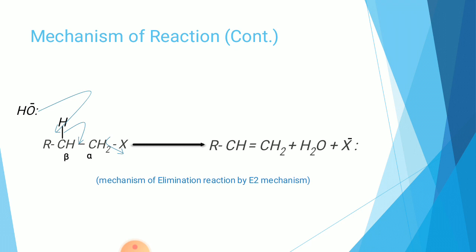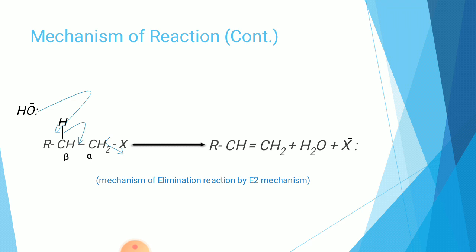So what is the mechanism of E2 reaction? In this reaction also, in presence of a base, there will be removal of a proton from the beta carbon atom. See here, in the beta carbon atom CH2, in the upper part one hydrogen is there. That hydrogen belongs to your beta carbon atom. So there will be removal of this proton or hydrogen atom from the beta carbon atom by a base, and simultaneously there will be expulsion of the halogen atom near the alpha carbon atom.